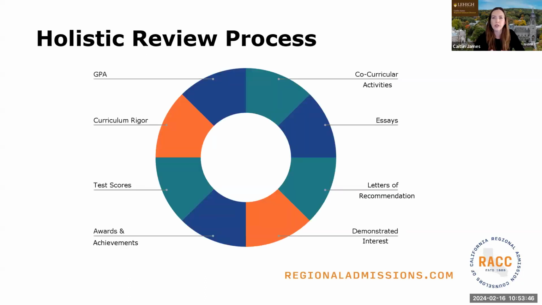All right, so we kind of alluded to this a little bit, but I really want to talk about the holistic review process. Now, how big each chunk is here in this graph might vary by school. As you can see, there are a lot of different things listed here, over 8 different things, and that can really depend on every institution that you might be considering.